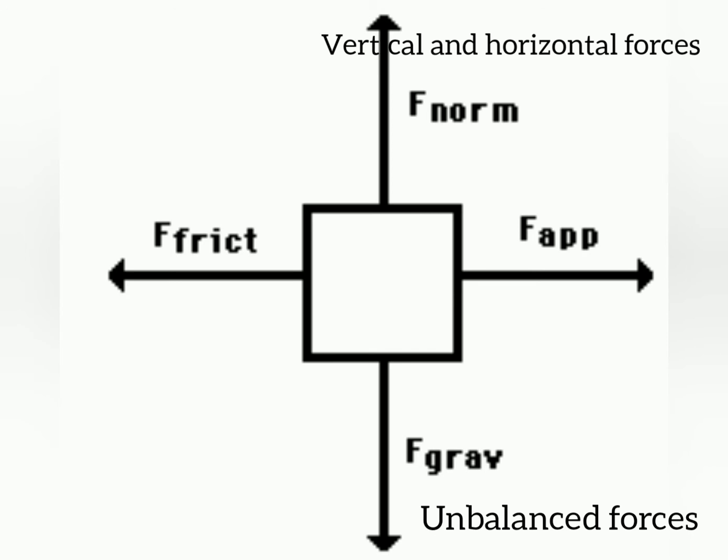Consider a body moving. Then gravity, along with the mass of the body, will act vertically downward and it is balanced by an upward force, the normal reaction. And the body is moving, so there will be an applied force and there will be a force of friction which will be opposite in direction to the applied force.